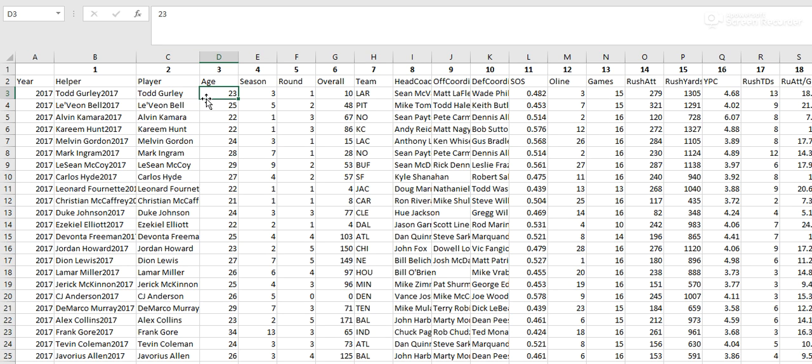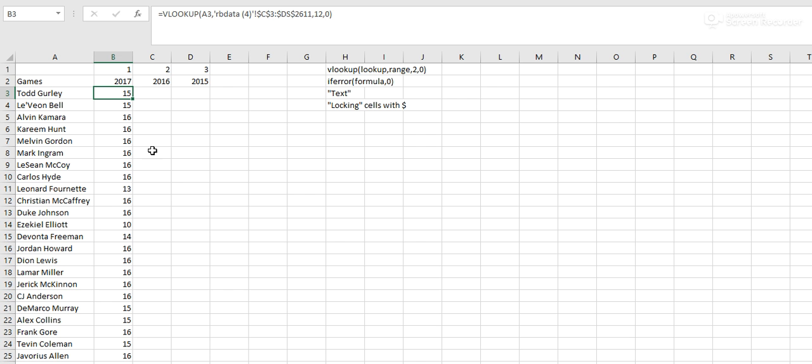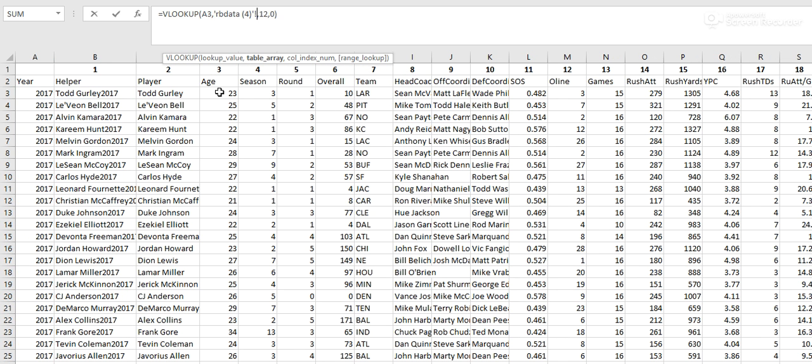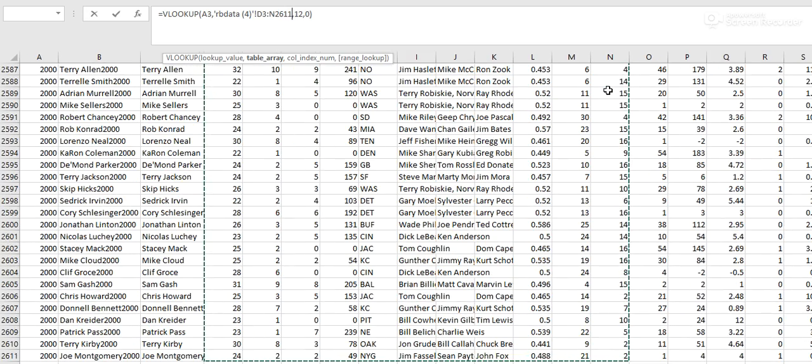So if I actually wanted to look up ages and games, for example, I could do that if I wanted to look up someone at age 23, but I'd have to change the range that I've told it to look up in. I'd have to change it from age to games, and then the count changes again from 13, 12, so it'll be the 11th column. And then again you just select the whole area, lock it in,